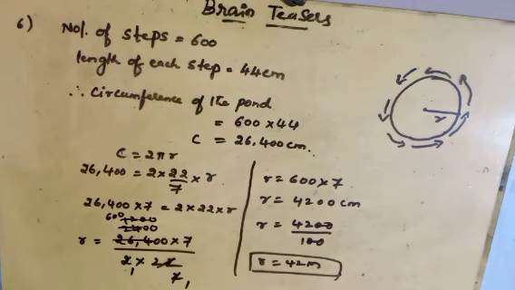In this chapter you must learn area of a triangle. You must learn some formulas: area of a triangle, area of a cross path, area of a parallelogram, area of an equilateral triangle, area of a rhombus, circumference of a circle, area of a circle. These are the important formulas you have to practice daily. If you practice daily, then we can solve the worksheet easily, all the problems. So keep on practicing daily.